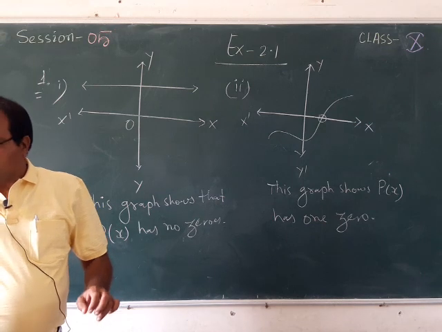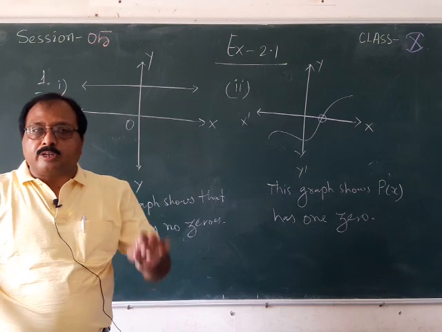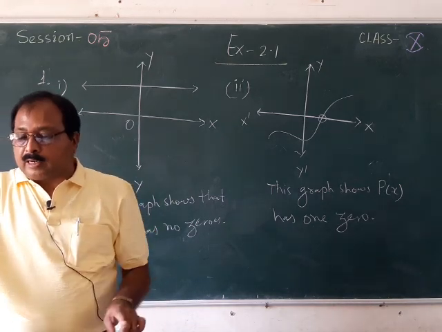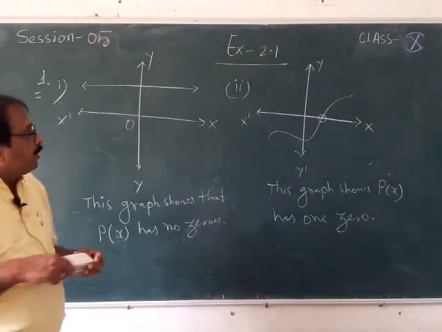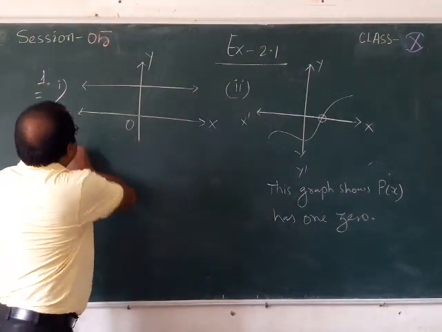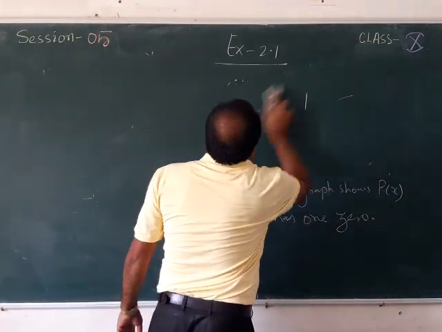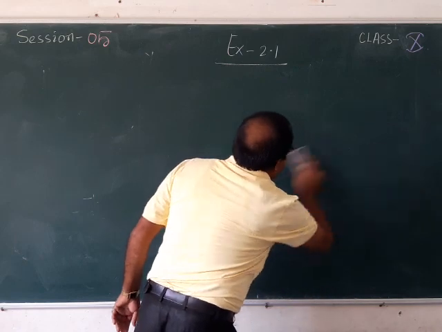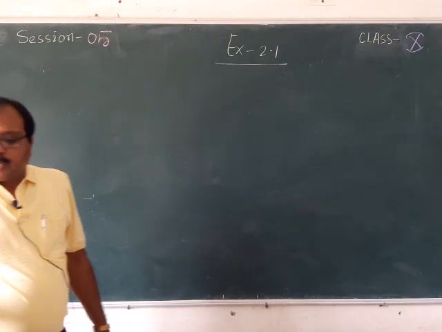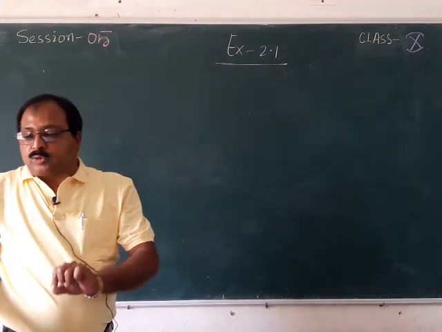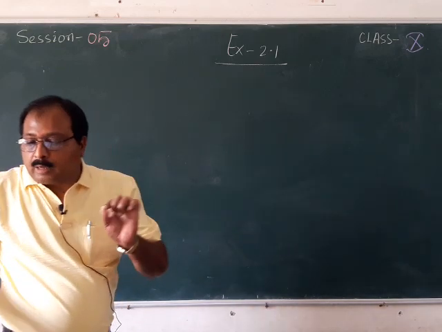Now number 3, look at your book and see the graph of number 3. Now I am telling you all to just take the book and look over there at the third question. Just check at how many points it is intersecting the x-axis. Can you say how many zeros are possible for this question number 3? What is your answer? Okay, so you can say that it is having 3 zeros because it is intersecting the x-axis at 3 points.